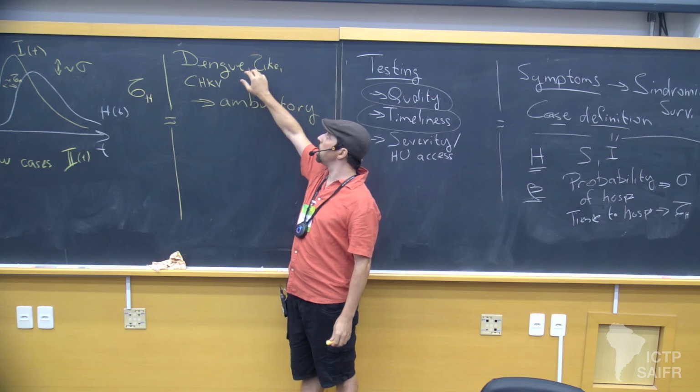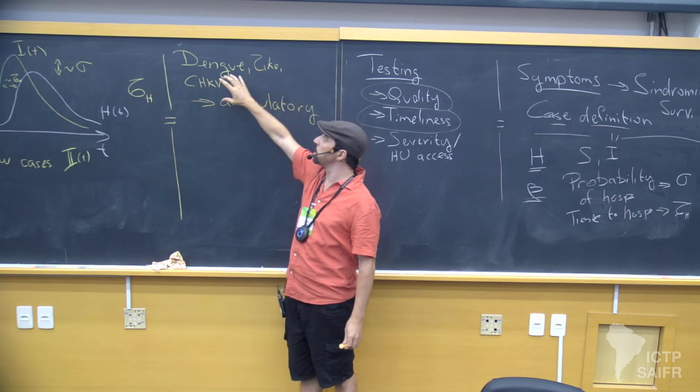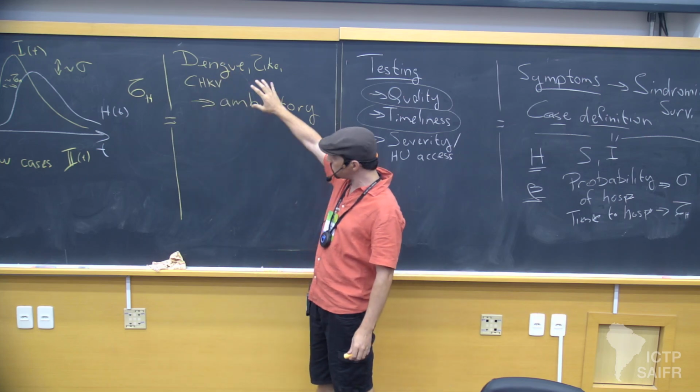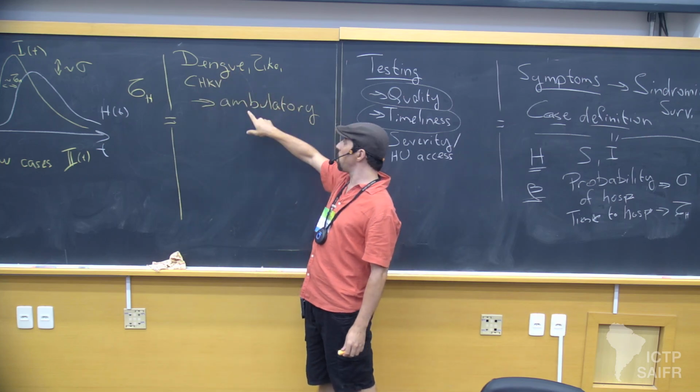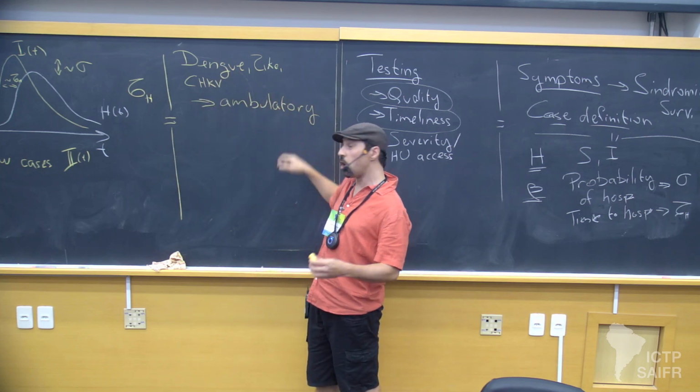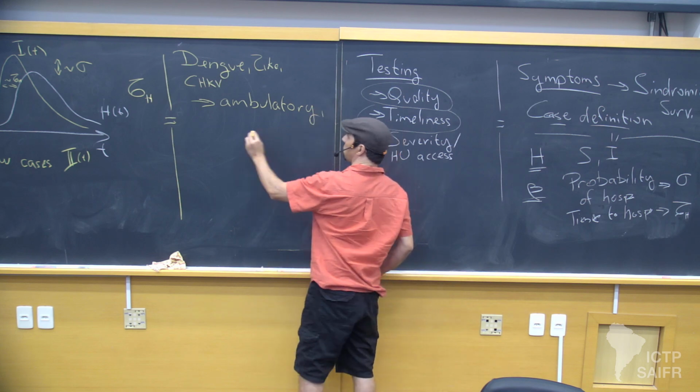Zika doesn't have so much attention right now, but at least for dengue and chikungunya, they should be. So it's not only ambulatory, but it's also, at least in principle,